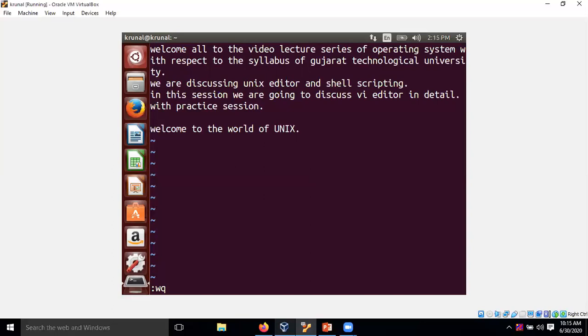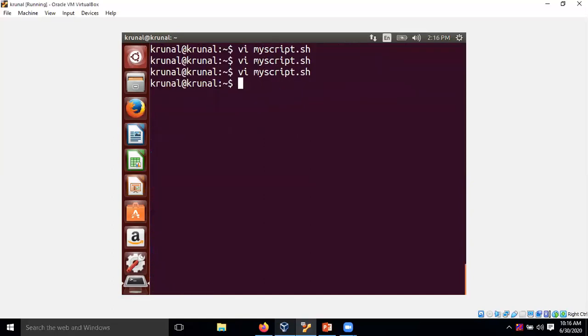Once you fire this command, the content will be saved and you exit from insert mode. Once I press enter, I am back in the terminal. Now I will reopen the same file and check whether it was successfully saved or not.